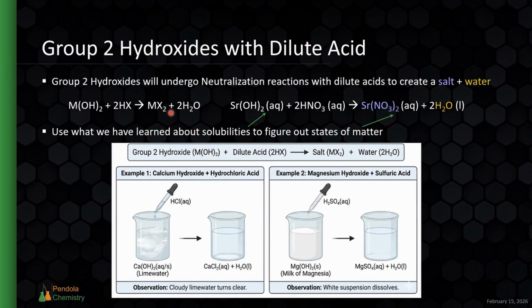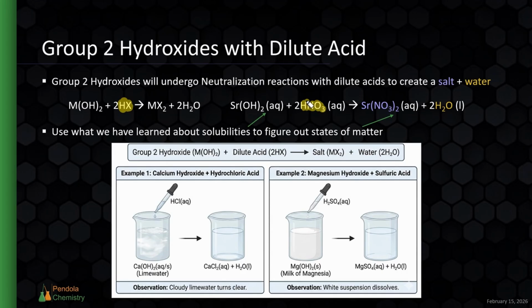Now, because the hydroxides are basic, because they have hydroxide ions in them, that also means that they're going to undergo neutralization reactions with dilute acids. And really with any acid, it doesn't need to be dilute, although we normally look at dilute acids as an example. But as we have a hydroxide ion in the group 2 hydroxides, those can react with any acid, which, remember, acids are going to have this HX structure where hydrogen is in the front and then we have some form of anion. So if we have something like nitric acid, for example, strontium hydroxide could react with nitric acid